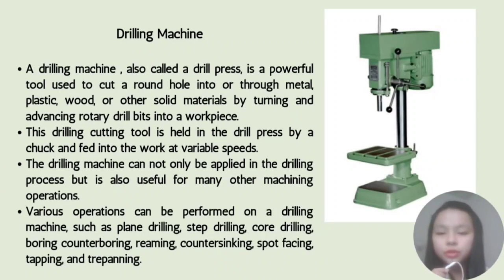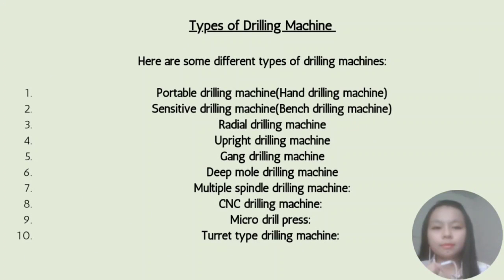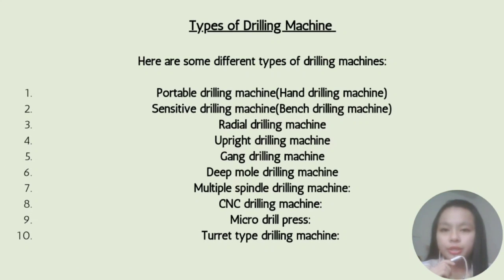And lastly, various operations can be performed on a drilling machine such as planing, drilling, step drilling, core drilling, boring, counter-boring, reaming, countersinking, spot facing, tapping. And the types of drilling machine, here are some different types